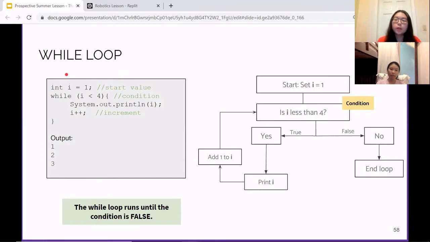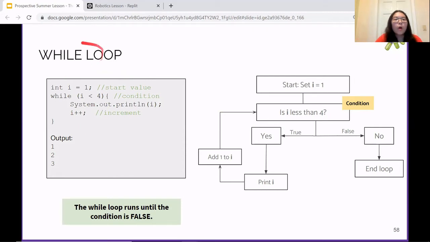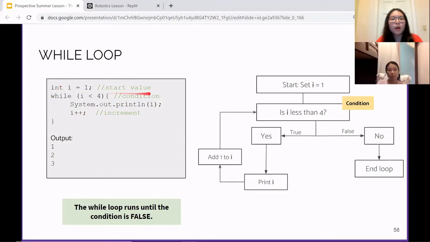So we're going to talk more than 2 ways, but the main ways are while loops and for loops, right? So a while loop is basically a loop where you declare the starting value in the front, outside the loop. Then you have your condition in the parentheses and your code that you want to be executed within these brackets. So this is where you start the loop, and this value controls the loop, how many times the loop will run,